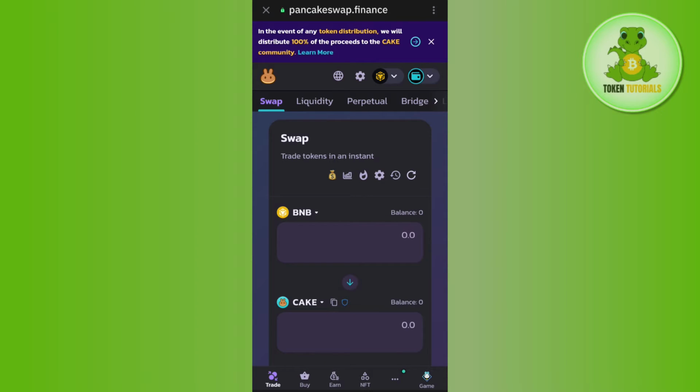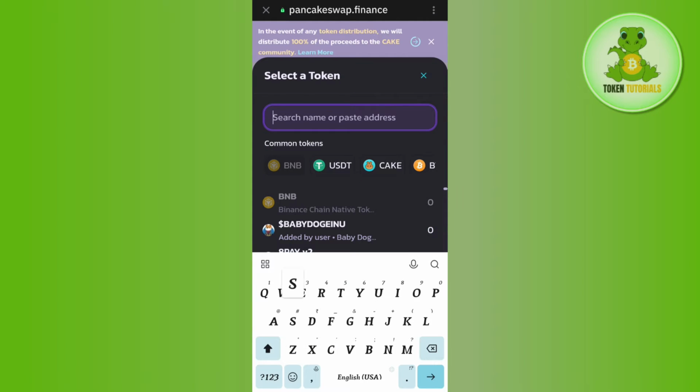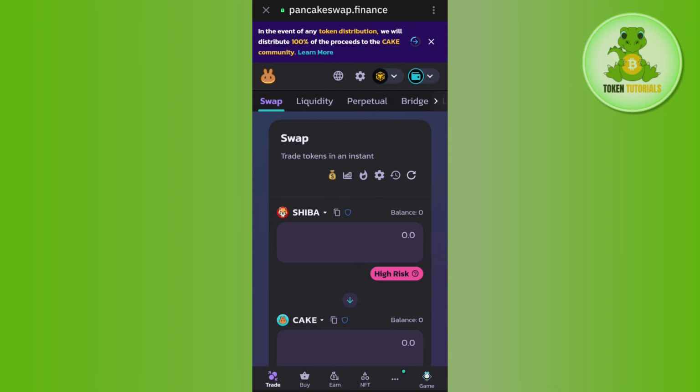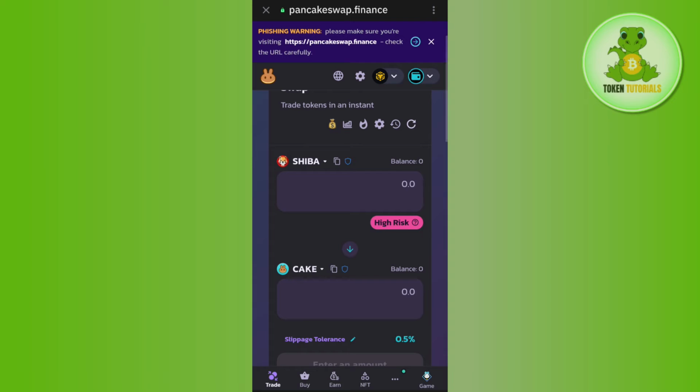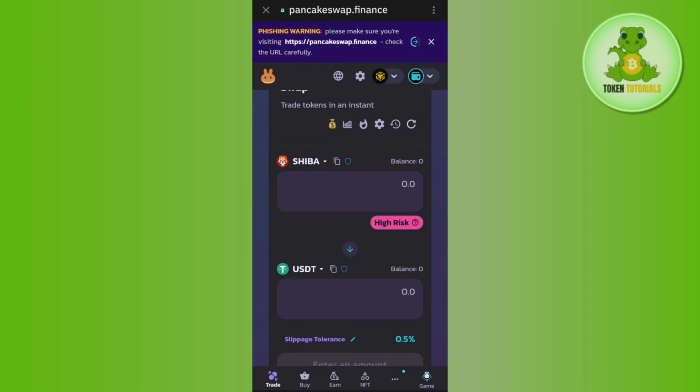Now over here, as we want to sell Shiba Inu, in the first section you will have to tap on this drop arrow button, and then in the search bar you simply need to search for Shiba. Now once you have found Shiba Inu in front of you, you will have to tap on Shiba, and then in the second section you will have to select that particular coin in which you want to convert your Shiba Inu coin. For that, you will have to tap on this drop arrow button,